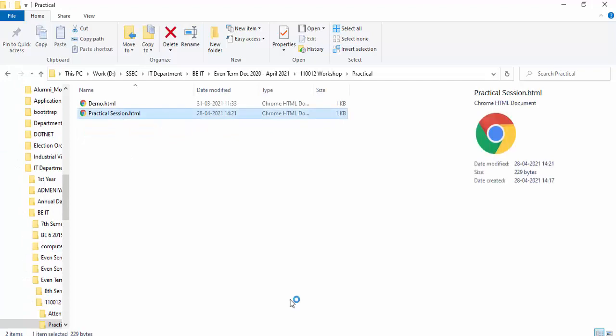Here you can see that this will display only as a line.